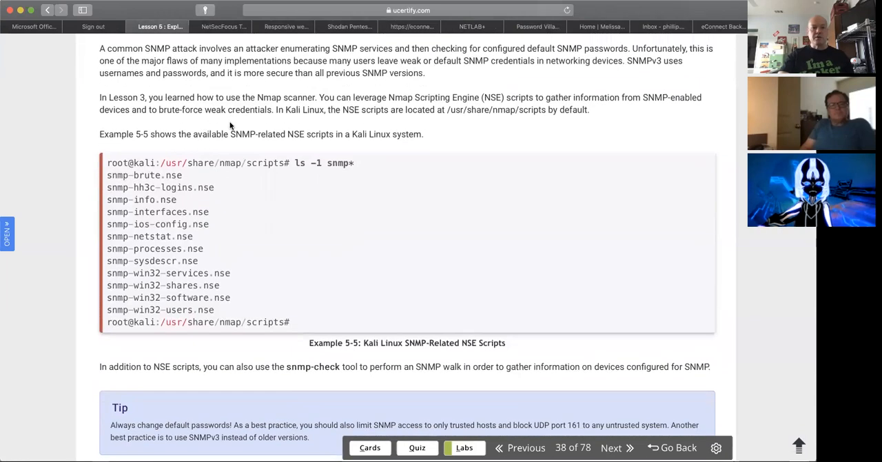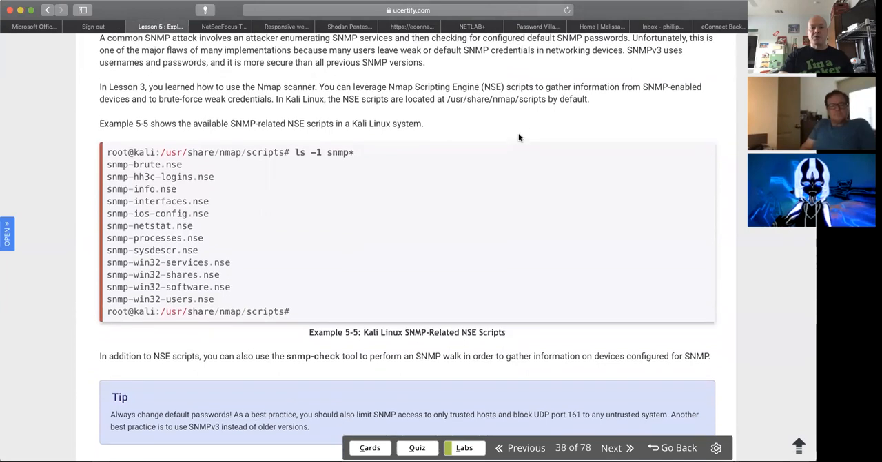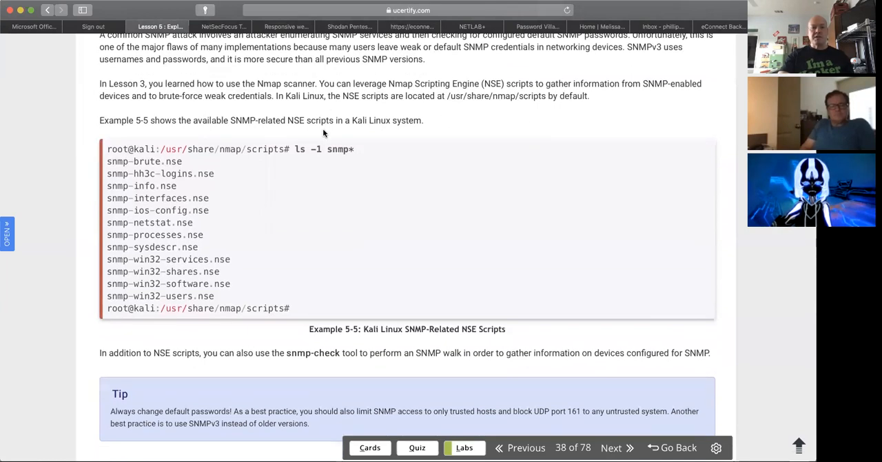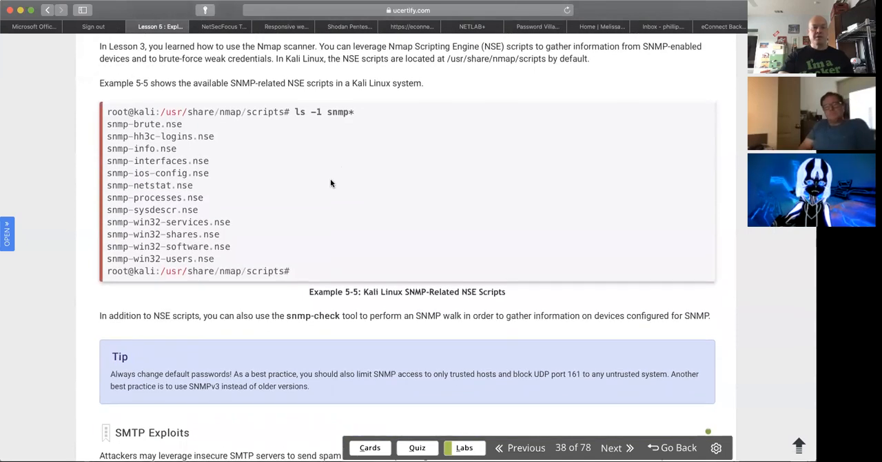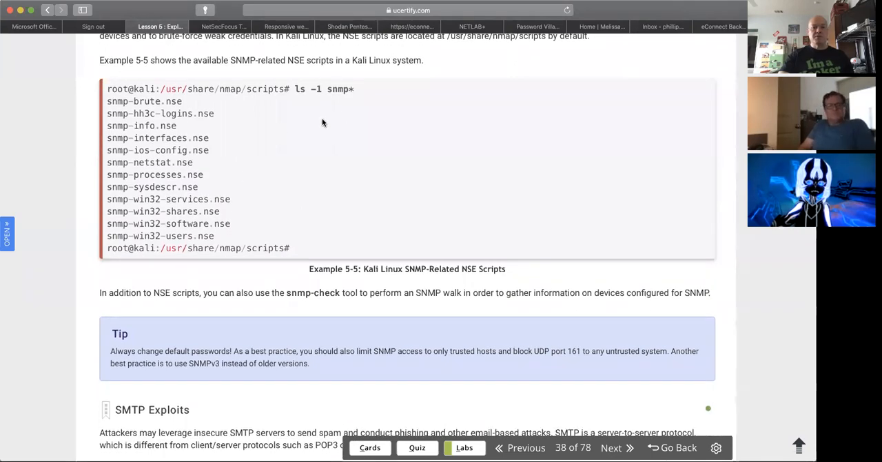So in lesson 3, you learned how to use the Nmap scanner. So we used Nmap, so you can go through here and you can use some of these NSE scripts to look for different vulnerabilities within SNMP. And so we see here that you're searching the scripts directory to look for different SNMP scripts. So you can run these. This one will brute force the community strings to try to get in,